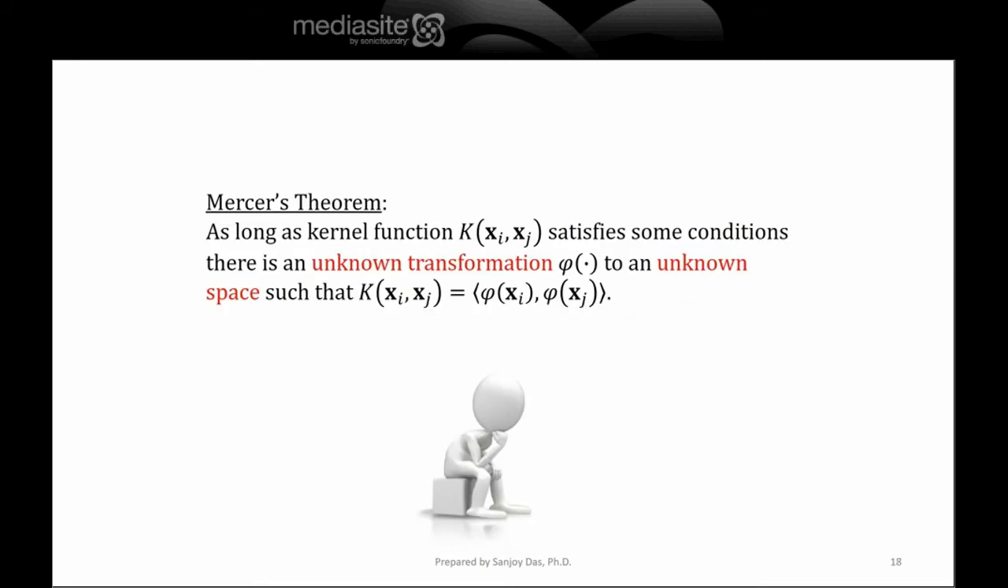Mercer's theorem gives us the condition for the kernel function under which it is equal to the inner product in some unknown inner product space. So we don't have to know the transformation into that space. We can work with the kernel function in the input space. The condition is that if we take a finite number of samples xi and xj, the kernel function becomes a matrix, and the matrix has to be symmetric, positive,